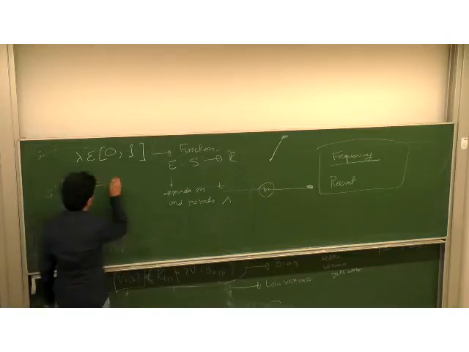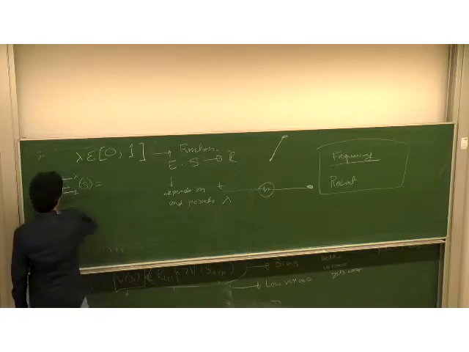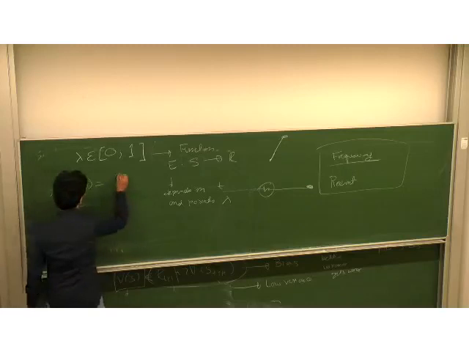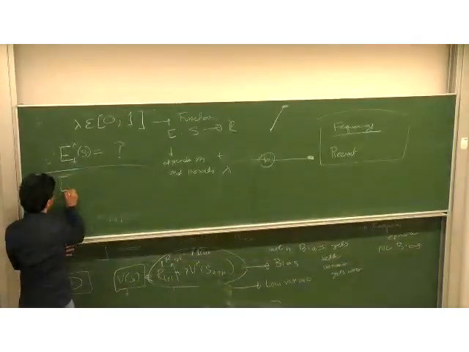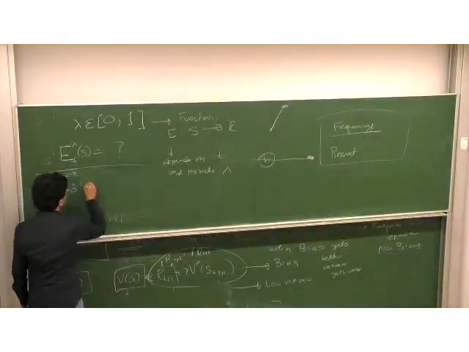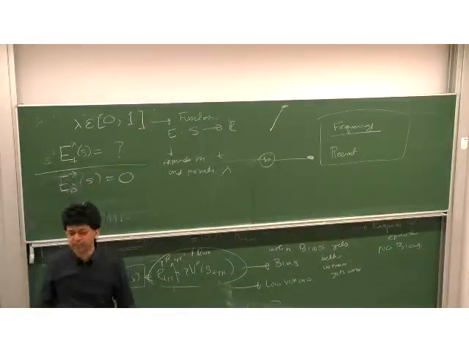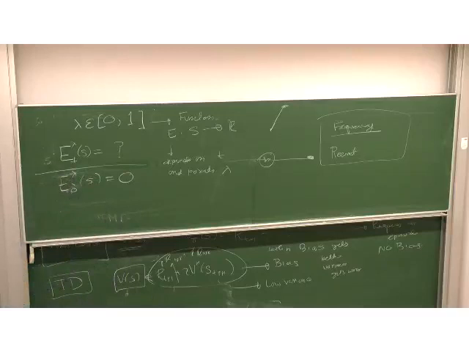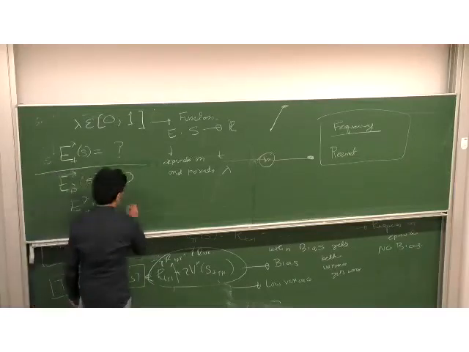Maybe I will do a tautological thing because I want to define it like that. E0 lambda of S is 0. Okay, so initially we have nothing. And you say E lambda t of S is,